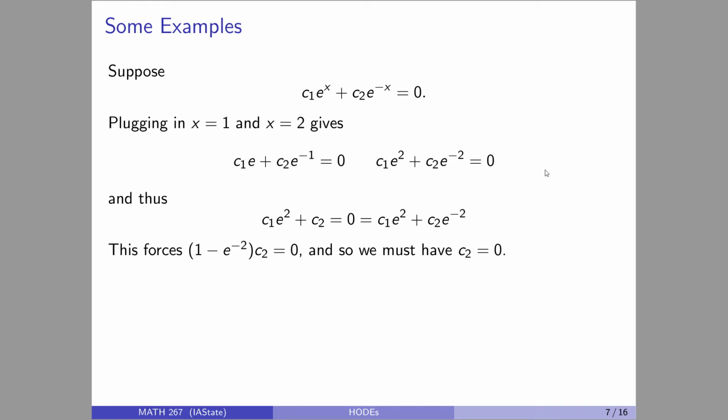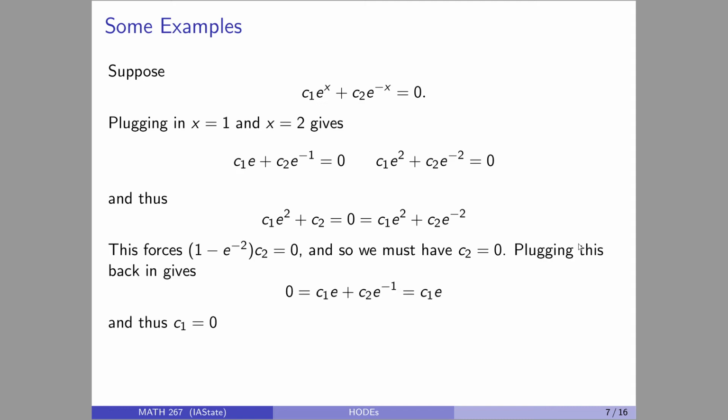So now, note what I did here. I literally just began with this equation. I plugged numbers in, and then I just did some experimenting. There was no procedure here in my mind. I just knew something and I plugged in some stuff. I've got, of course, some prior experience that I'm bringing to the table. But in reality, all I did was plug numbers in and go, all right, I've got to get stuff to match up here. What can I do? Well, then I noticed that I can make this look like that by multiplying by e. And that isolates c2, and I got c2 was 0, so we're halfway there to verifying